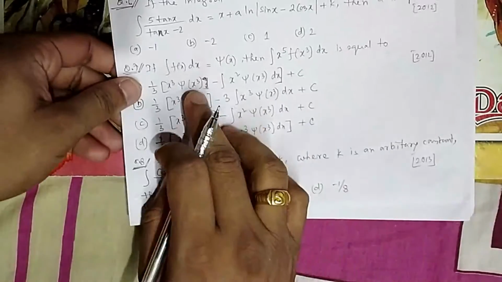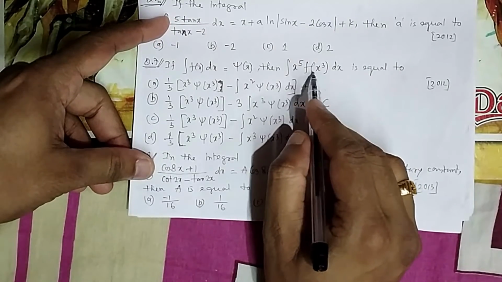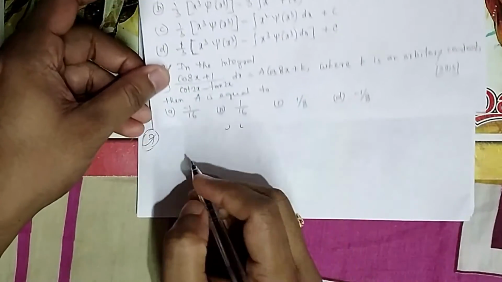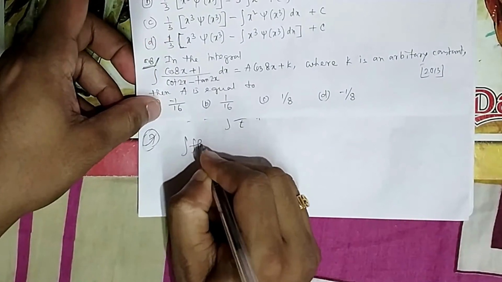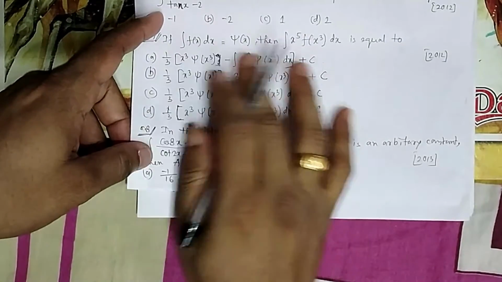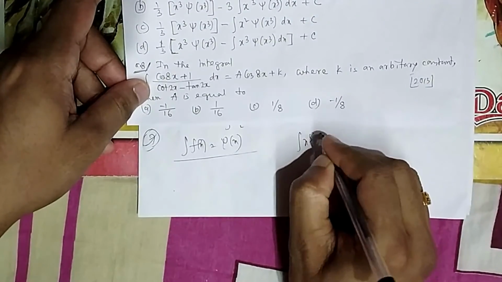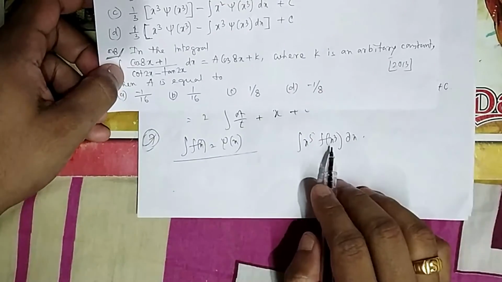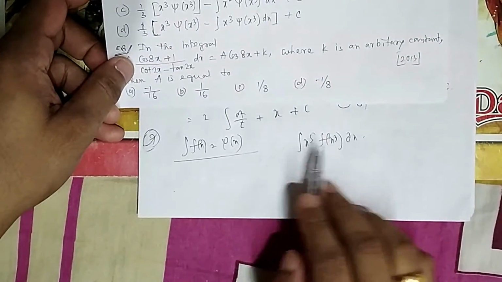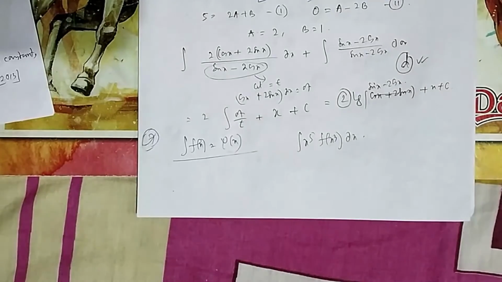Now in question number 7, if the integral of f(x) is equal to psi x, then the integration of x to the power 5 f(x cube) dx is equal to what? This is already given, so I will use this one. I don't know the integration of f(x), but they have given psi x, so you write in terms of psi x, and they are asking to find x cube into f(x cube). To include that psi, I have to do something so that it becomes only f(x), then I can write it as psi x.